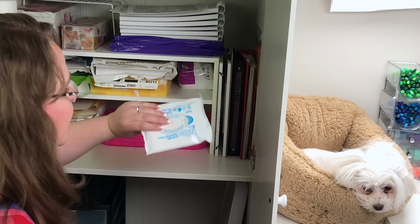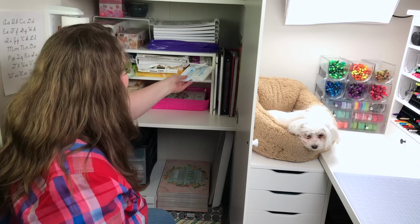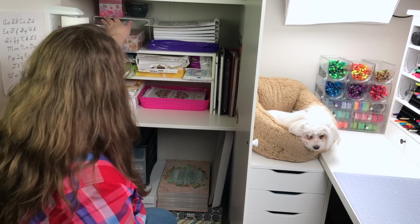I also keep here some wet wipes. I'm always using wet wipes, even if it's just to clean up a mess. They're handy, plus some backup right behind it here. On the top of this shelf, I have brand new coloring books to show if people want to know about what the Bliss Print Shop offers. Up top,